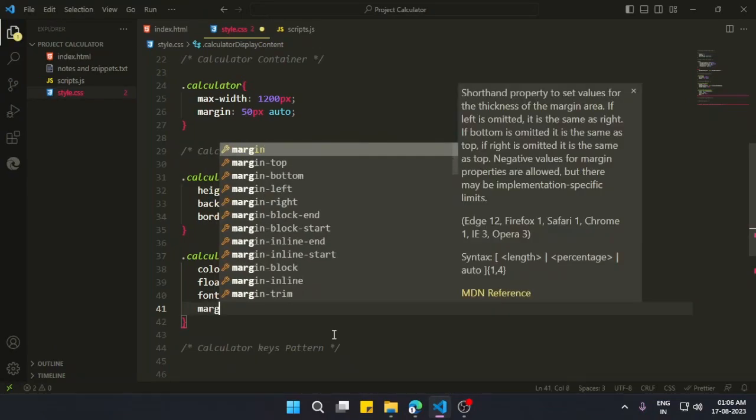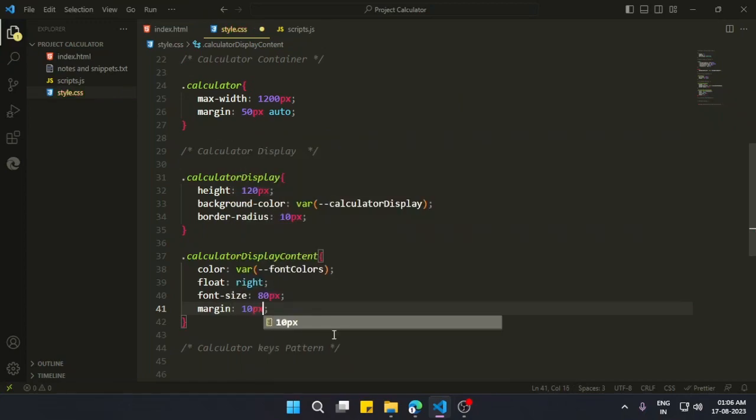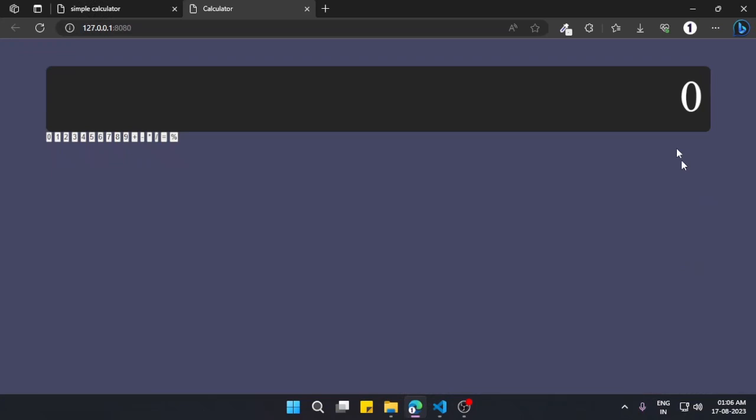So we are going to give this a margin of, let's say, from up to bottom 10 pixel, and from right and left 15 pixel. So it makes it in the center. Now we have made our display part. Now we are going to style these buttons here. All right,